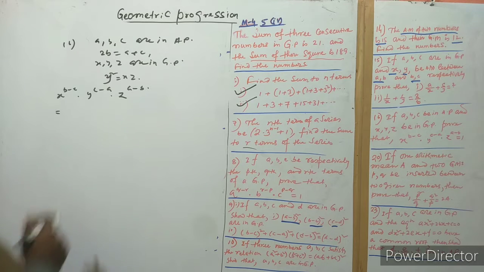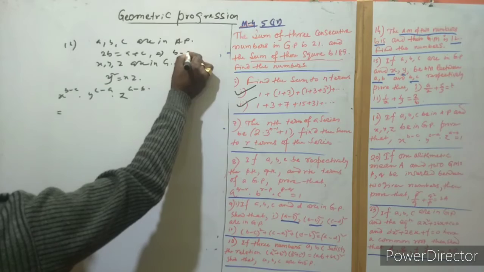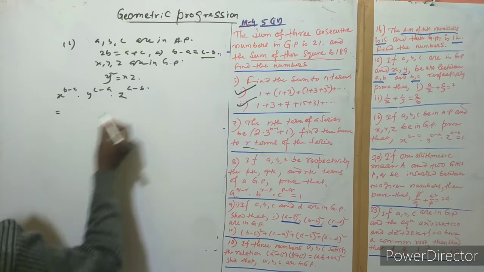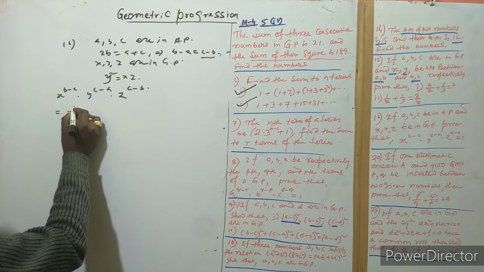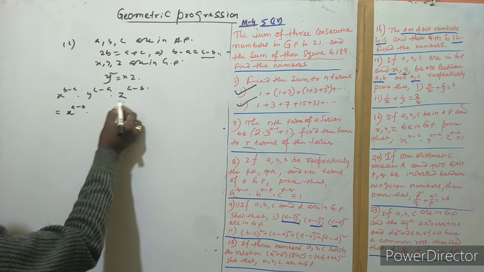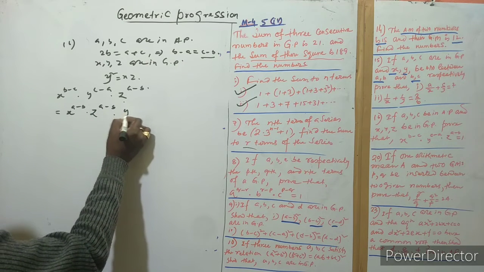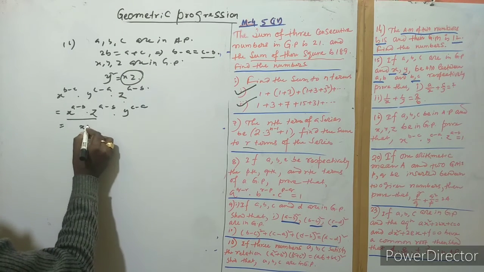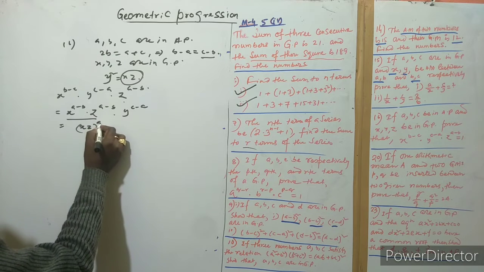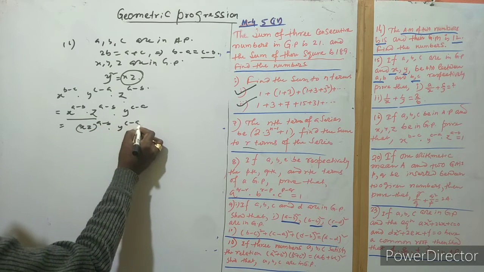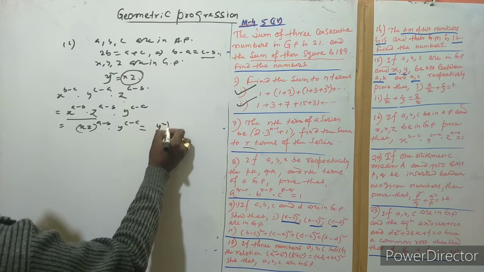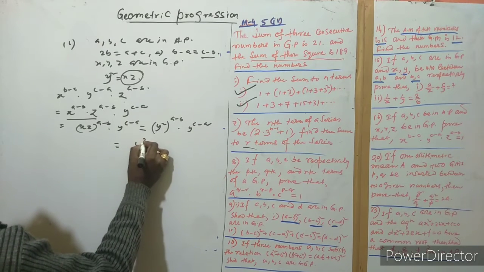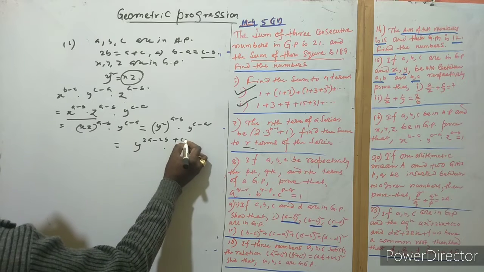So that's why we can write B minus A and C minus B here, in place of B minus C, that is A minus B here. So we can write A minus B, and Y to the power C minus A. So X and Z have the same power. And in place of X, Z, we can replace with Y square, to the power A minus B, and Y to the power C minus A here, and that is Y to the power 2A minus 2B, and also C minus A.